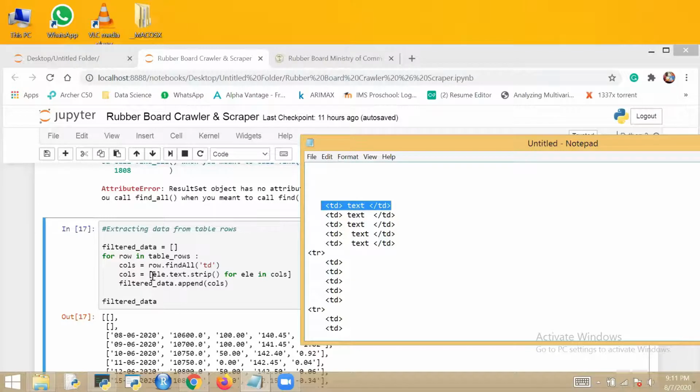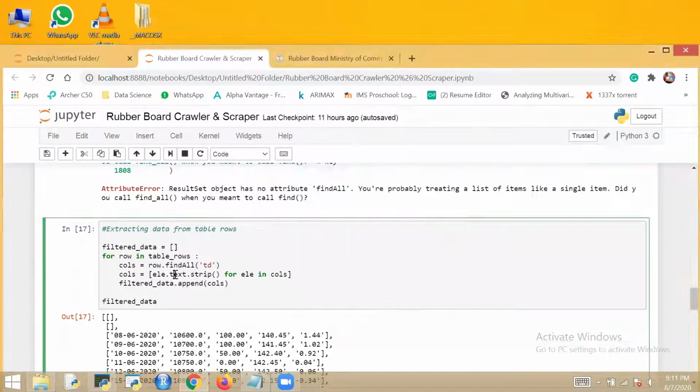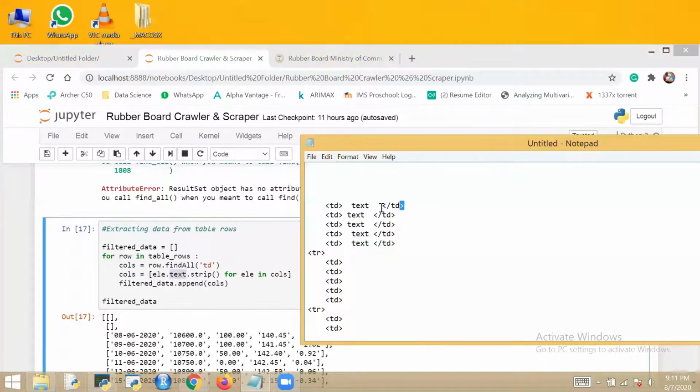Okay, what I will do, for element in text dot strip. Suppose text is written like this, here it is a space or something, so strip handles that. After x dot txt, it will extract the text data from that td. One at a time it will select, it will run for the columns, right?